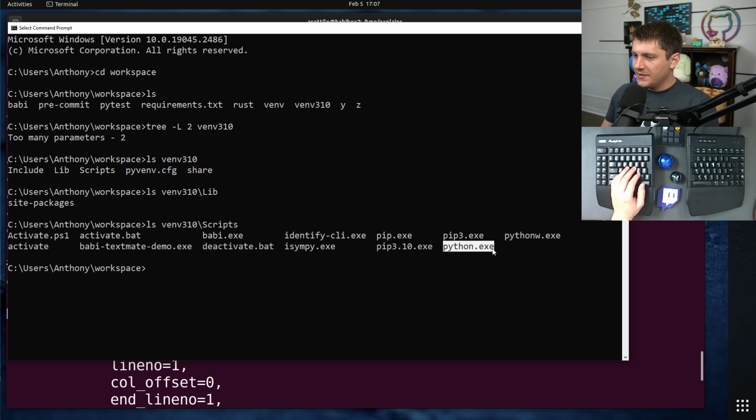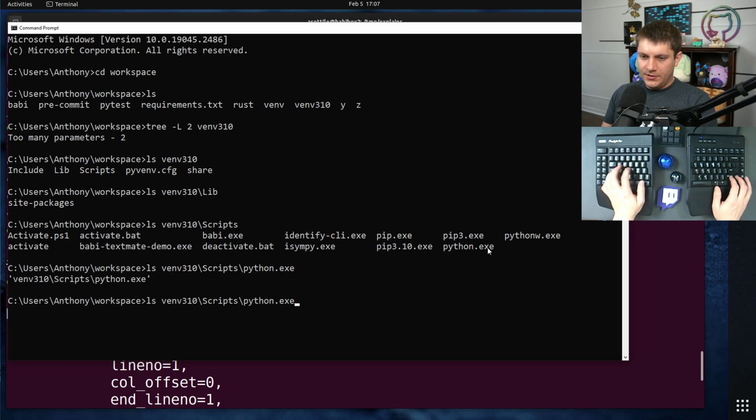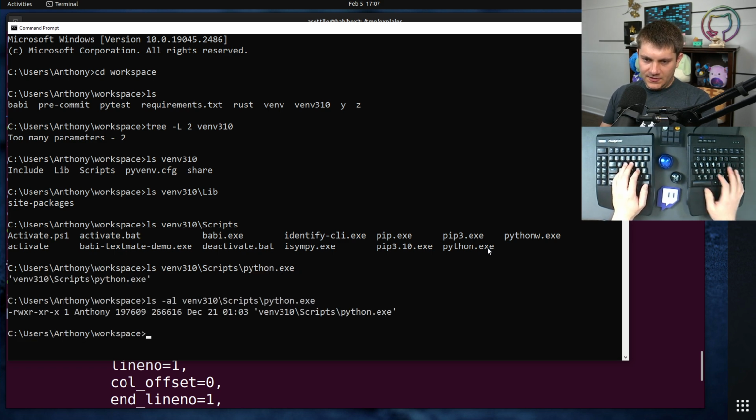You'll notice that there is a python.exe here, and if we look at that python.exe in Scripts, you'll notice that it is an actual file. So it is not a symlink. This is a real executable that lives here. And another thing that you'll notice about this is this file here